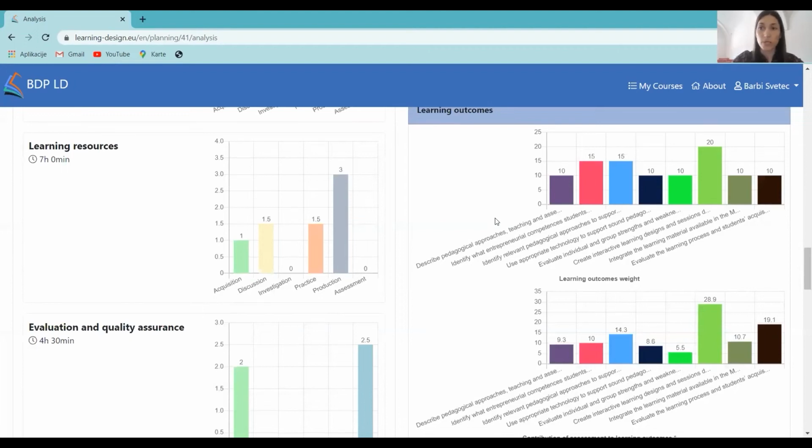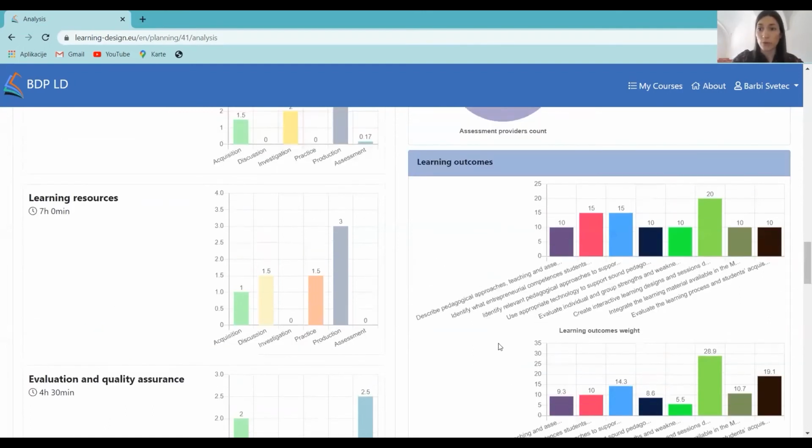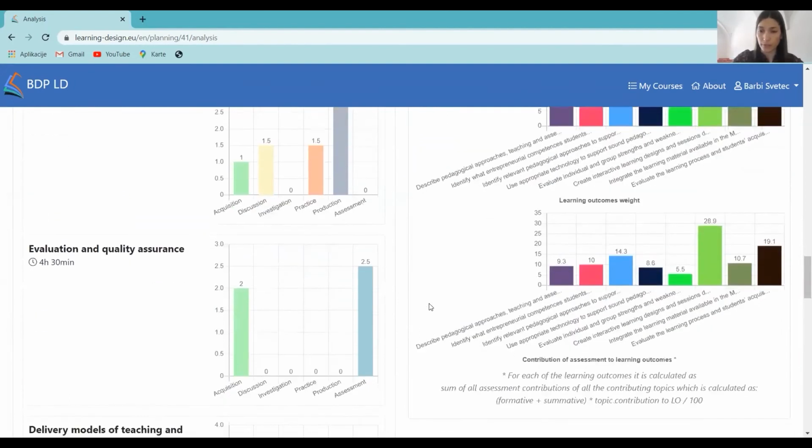Okay, so for example, sometimes you can see here that you find a learning outcome really important, and you've assigned it a really high relative weight. But on the other hand, in terms of assessment, you have barely a few points and much less than for some other learning outcomes. So this can also be a signal to you that maybe you need to take another look and look for maybe more symmetry in this division.